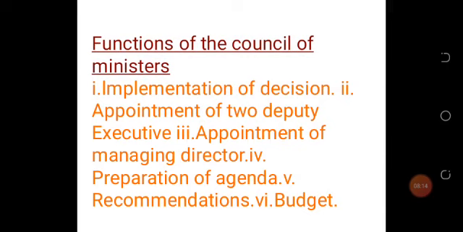Meanwhile, at the same time, the 2 deputy executive secretaries are appointed by the Council of Ministers and also approved by the Authority of Heads of State and Government. Then another function, we're looking at the budget. It approves the organization's budget. That is, the Council of Ministers approves the organization's budget, and the budget is always prepared by the executive secretariat.